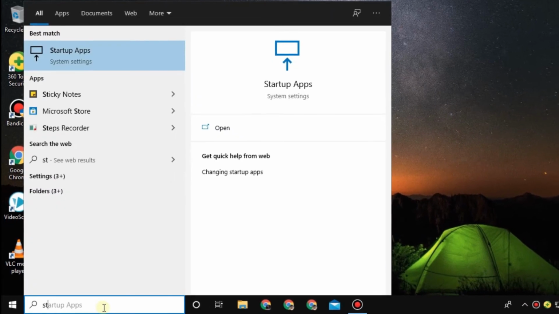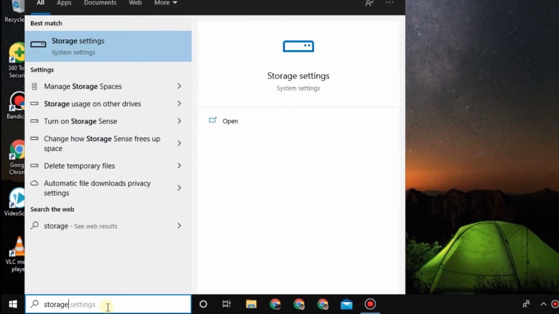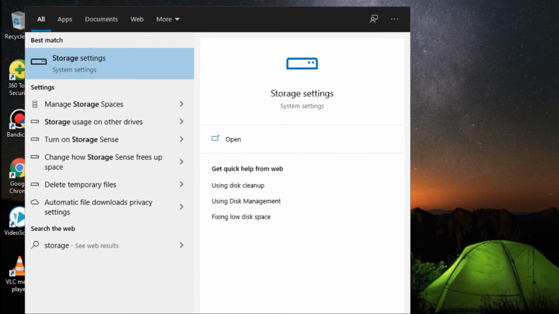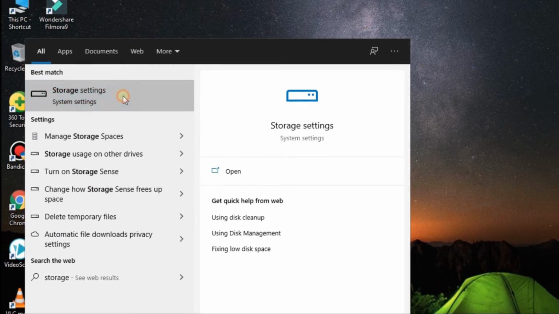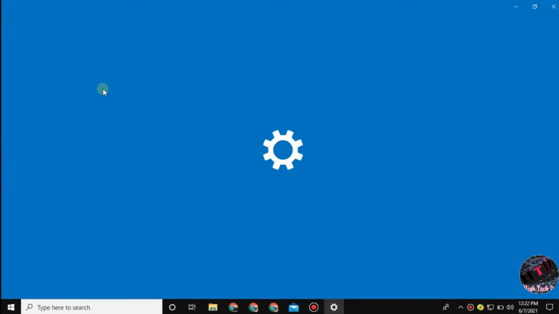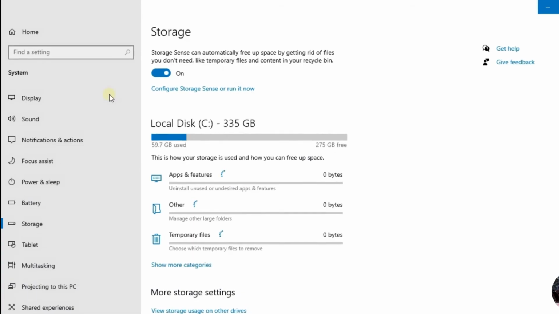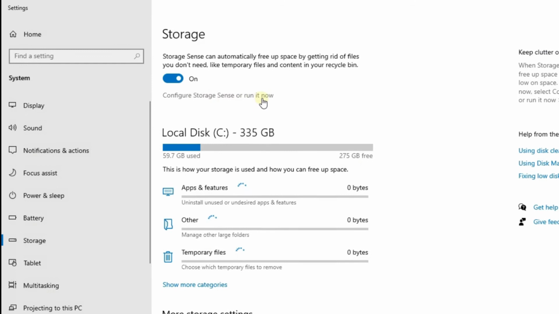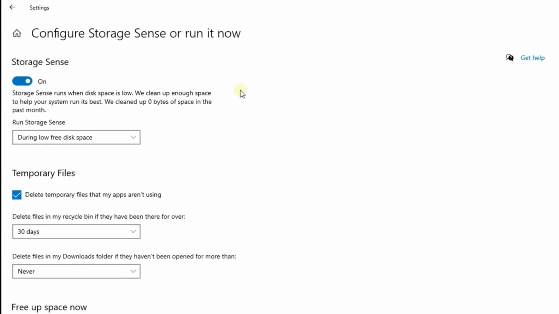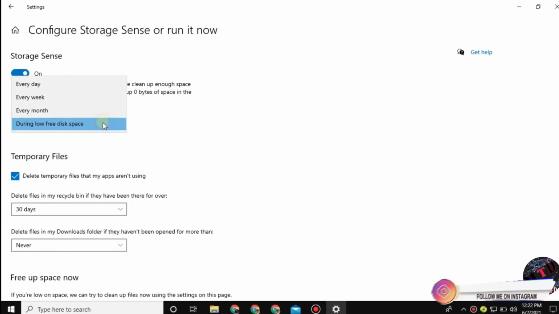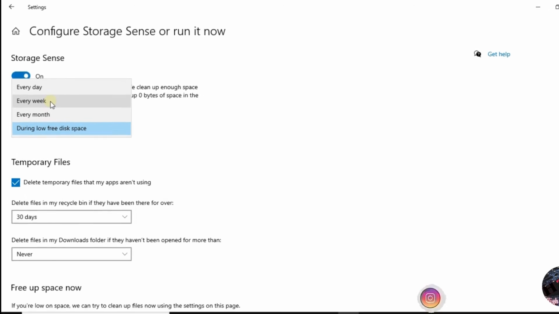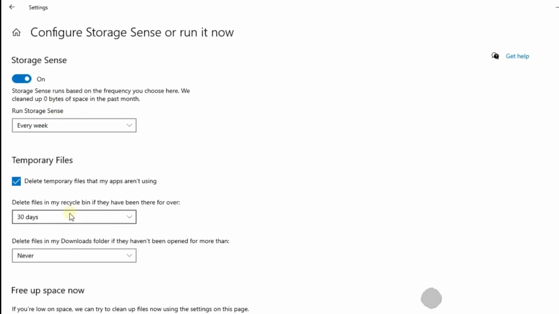And now at the sixth method, we have to free up space using Storage Sense. For that, go to the search box and type storage settings and then choose storage settings and then click on Configure Storage Sense or run it now. After that, in the next window, choose the timing when the deletion is performed.